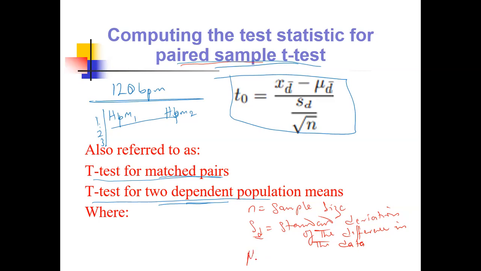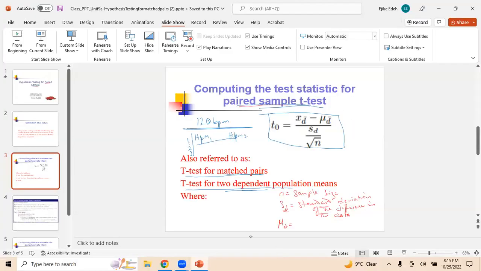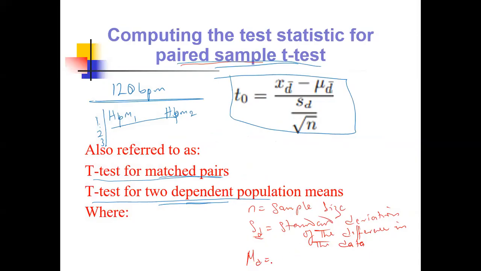And then UD is the mean for the difference, the population difference. So if you get the population data and subtract before and after from each other, the mean of that is your UD. And then XD is the